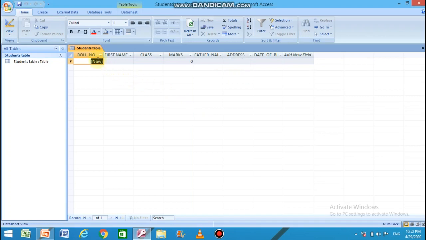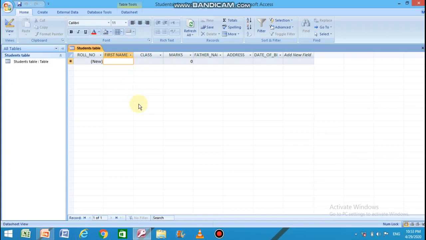Roll number we have set for auto number, so no need to type anything into it. For adding data into the table, just click into the cells. You can see fields and rows are intersecting each other, so they form a cell. In this cell we have to type the data values for the table columns.